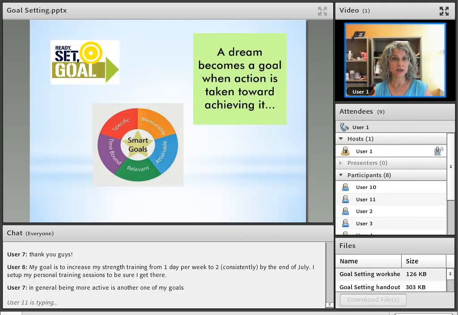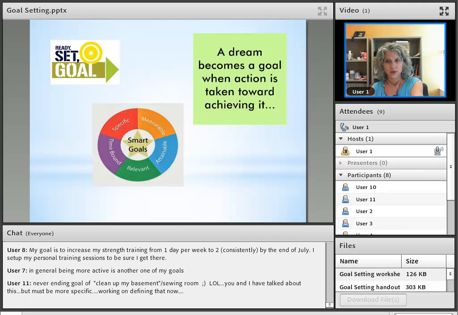So Bridget, her goal is to, thanks so much y'all for participating. This is really great. Your goal is to increase your strength training from 1 day per week to 2 by the end of July and be consistent with that. Okay. And you set up your personal training sessions to be sure you get there. And another of Lizette's goals is to be more active in general during your program, or just in your life. Okay, let's see what Kristen says, and then